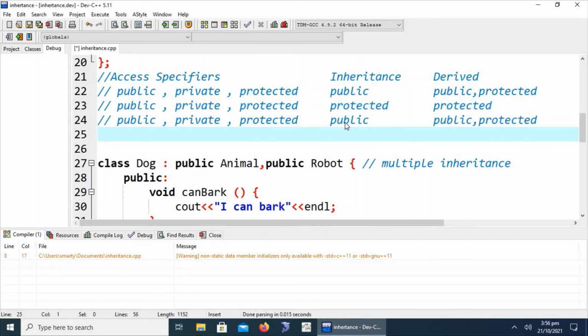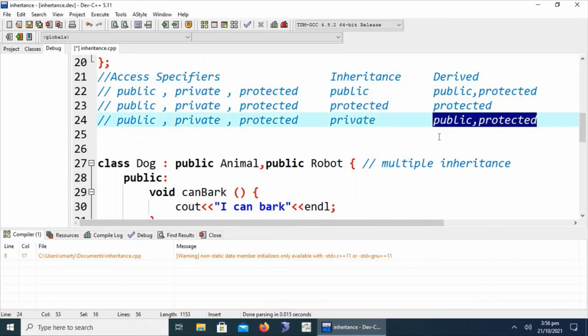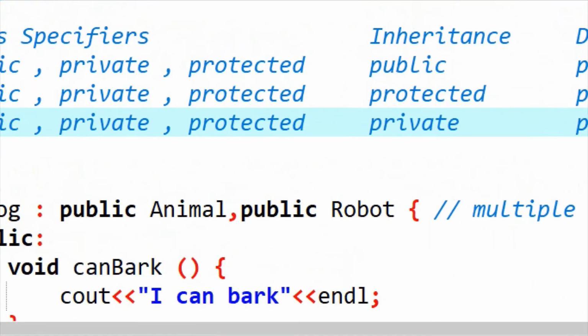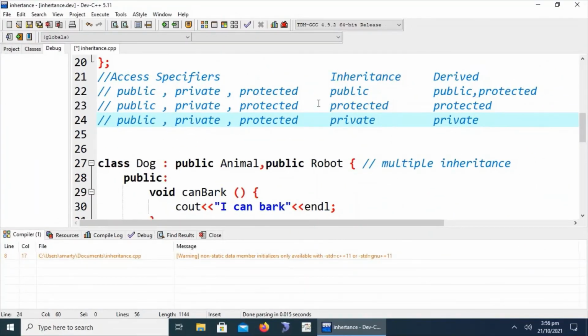And the last one, if our inheritance nature is private, then all the public and protected will be private in the derived class. Is this clear? This is the nature of inheritance, and these are the access specifiers in the base class and the behavior of these access specifiers in the derived class depending on the nature of inheritance.